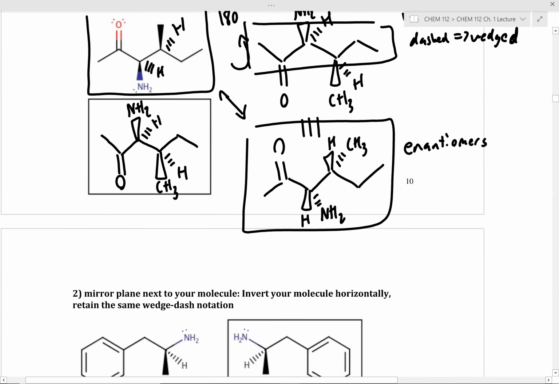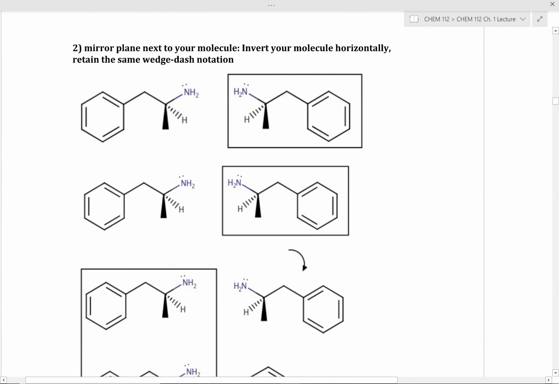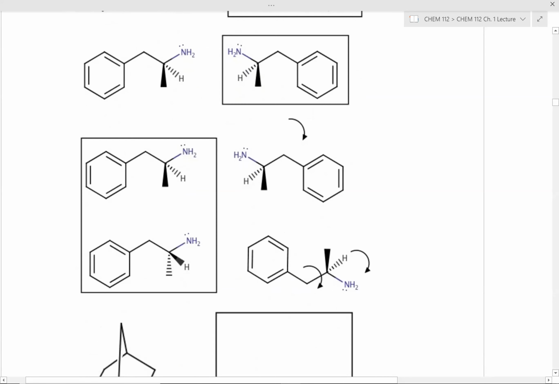Okay, let's now cover the last major mirror plane method, which is a mirror plane next to your molecule. So you're going to invert your molecule horizontally, but you're going to retain the same wedge dash notation. So this is for drawing enantiomers. We draw all of our wedges and dashes the same, except we flip our molecule horizontally 180 degrees. Just really to help you visualize the fact that these two molecules are enantiomers,